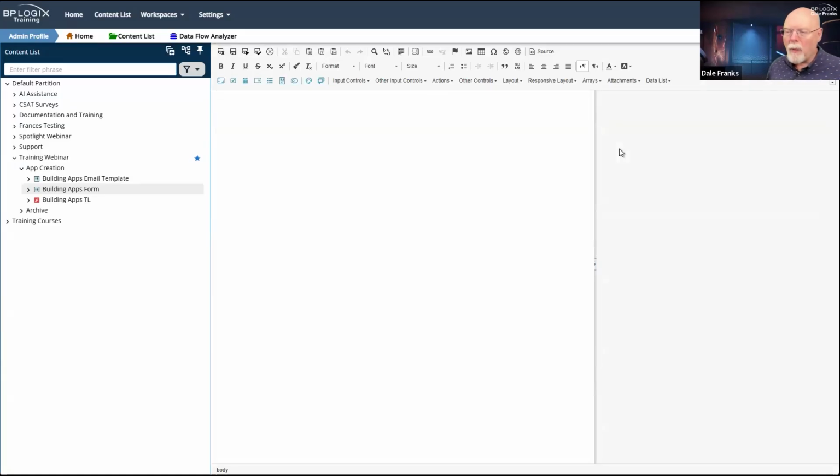There's a couple of different ways that we can approach this. Normally, we have some sort of branding on the form. So I'm just going to go through and put in some BP Logix branding on the form using our colors and what have you. So I am going to create a table.